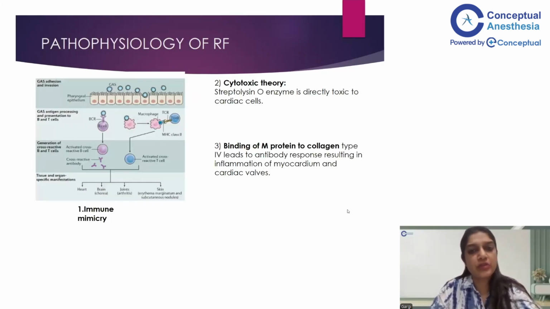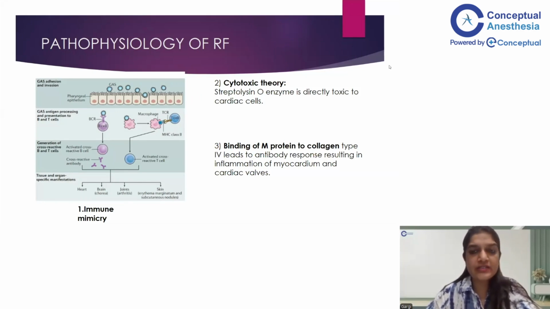So now, what is the pathophysiology of rheumatic fever? Why do we say that it's an autoimmune infection? There are several mechanisms proposed behind it, out of which the most common one is the immune mimicry or molecular mimicry, in which they say that whenever the streptococci invade the pharyngeal epithelium, antibodies are formed against it. Initially there is a humoral response, and then there is a T cell response. So B cells get activated first, followed by T cells also. There is a formation of immune complexes, and these immune complexes get deposited in the various organs of the heart and cause rheumatic fever.